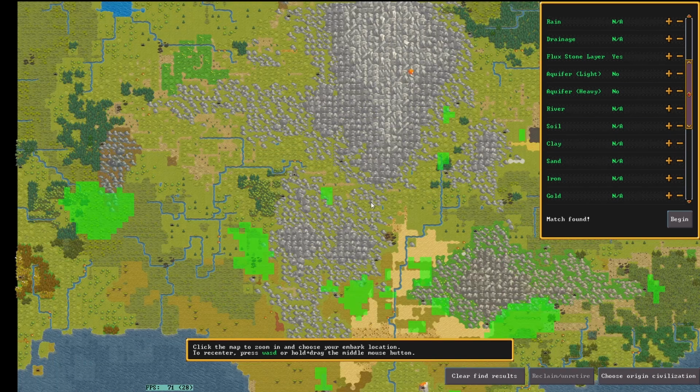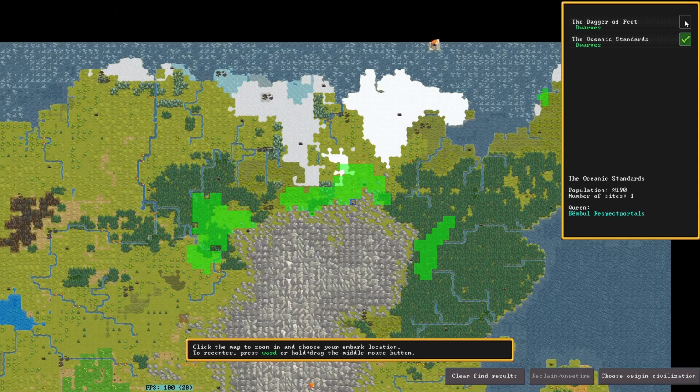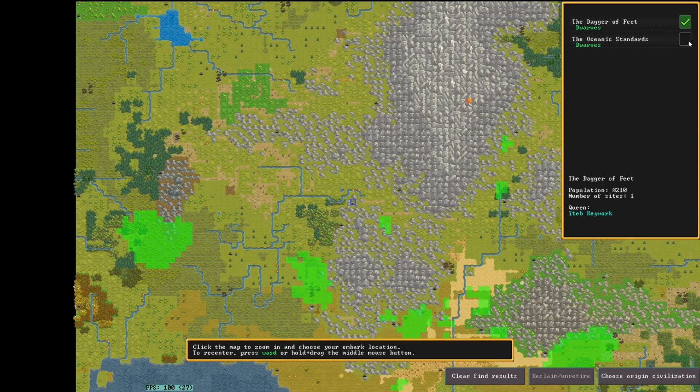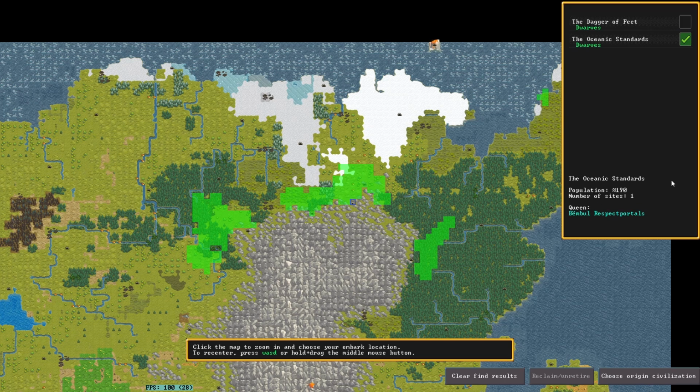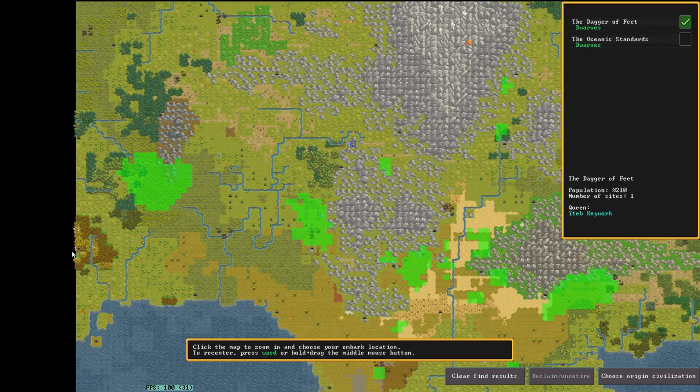and there look to be plenty of options. The Oceanic Standards is all the way up there. Daggers of Feet is down here, so we'll do Dagger of Feet as our starting civilization. They got a few more dwarves. I've never seen this early a starting civilization with under 200 dwarves. This is interesting. I wonder what happened here. Hopefully they survive. We might be the only dwarven